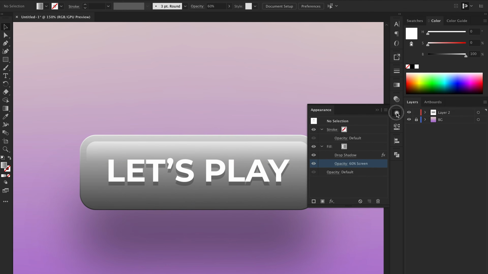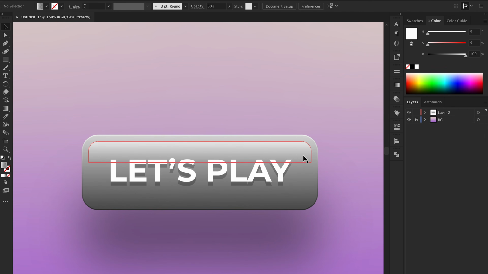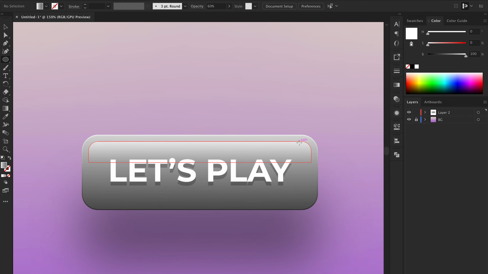So I'm pretty happy with that highlight. Let's zoom out. Yeah, it's looking pretty sweet. I want a little highlight in the top corner there and a highlight down here. There are a few ways you can do this. I'll do it with just a standard circle, and then I'm going to shift that in a little bit. I'm quite happy with that. I'm just going to adjust the gradient